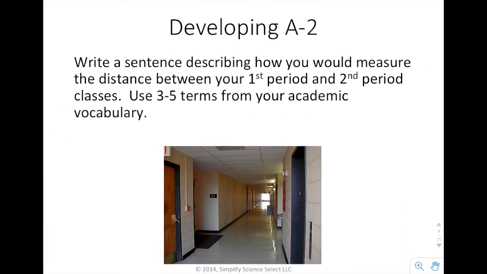Okay, it says write a sentence describing how you could measure the distance between your first and second period classes. Use 3 to 5 terms from your academic vocabulary. That's going to, of course, depend on your use of the words, but you could say, here's my first period